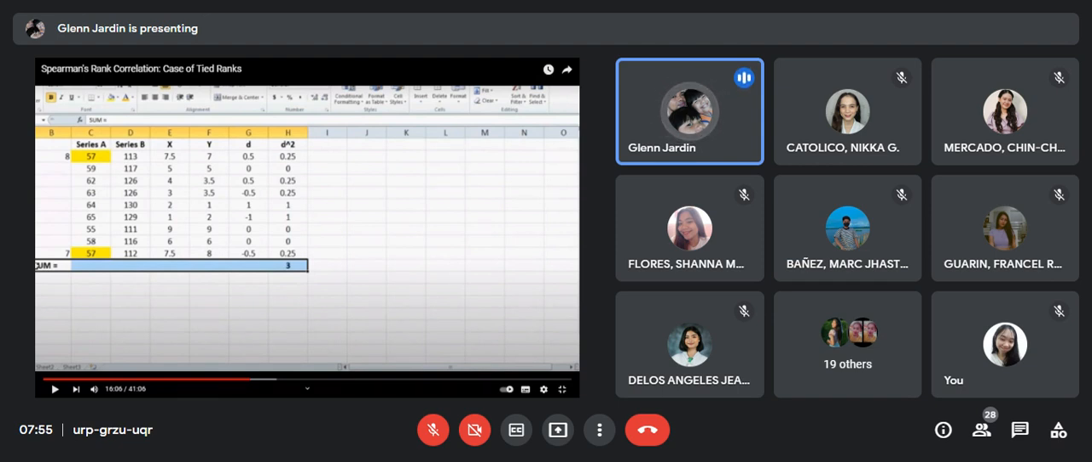Mean ang ginagamit kasi kung ilan yung tied rank, halimbawa dito, dalawa, so they will occupy position 7 and 8, kaya 7 plus 8 divided by 2. Mean yun, ano? Mean ng ranks na kung ilan yung parehong score, okay? So they will occupy 7.5 and